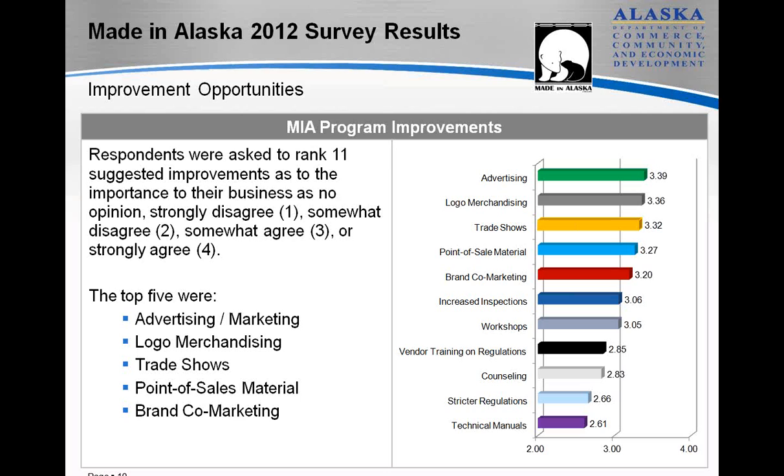Logo merchandising: could we help merchandise the Mother Bear logo better? Trade shows: could we help to participate better in trade shows? Point of sale material, for marketing and promoting the program. Brand co-marketing. We are in the process of working on a branding project. I don't have all the details, and I can't get into it right now at this point in time, but